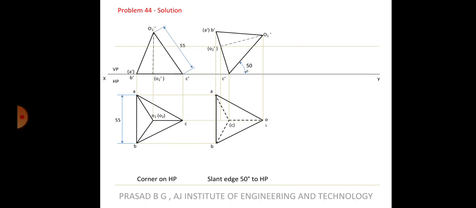Boundary will always be visible. So when you are seeing from the top, you have to see whether C is on the top or bottom. C is definitely the base, so it will not be visible. That's why it has to be made with hidden lines. And then you have to join the axis also. So you have to be very careful while joining the axis.